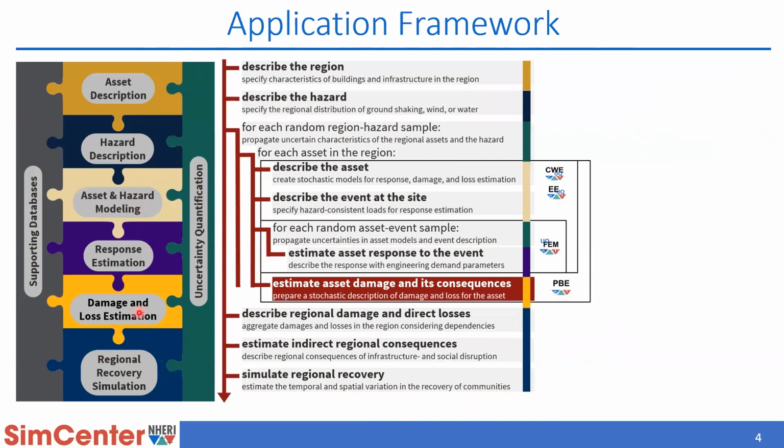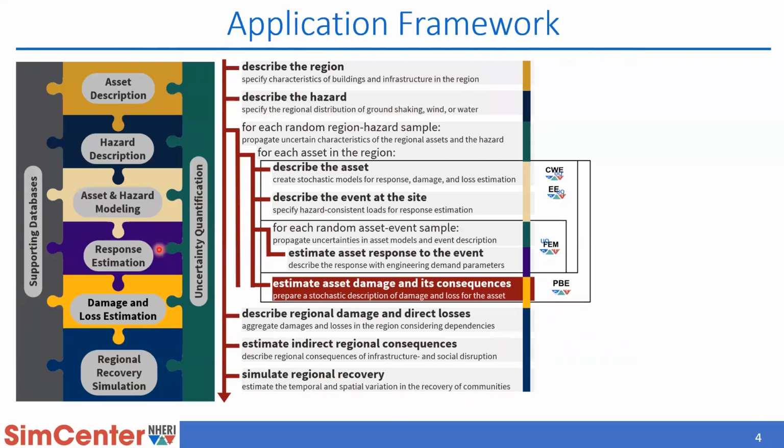And in all of these pieces, they have some database that support them. For instance, when you're doing loss estimation, you might need a database of fragility functions that you can get access to. And also all of these tools are capable of supporting uncertainty propagation. So in many of these tools, we allow them to define some uncertainty in the models, and we allow them to also